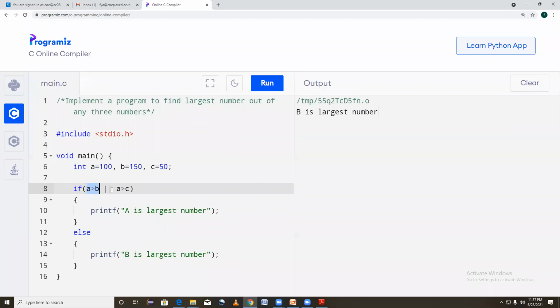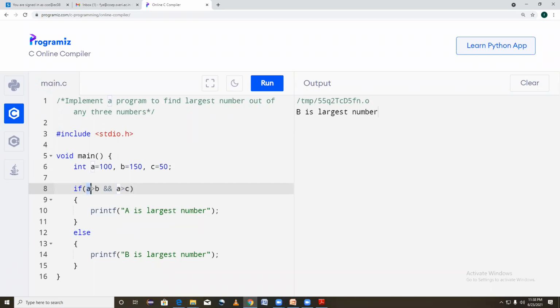We should use AND instead of OR, then, sir. Correct. So you need to use the AND operator here. Why? Because I'm going to check A with the B and C values. So you should not use OR. What does OR mean? If I want to find out whether any one of the operands is correct, then this statement will get executed. I don't want this. What I want is both operands should be correct.